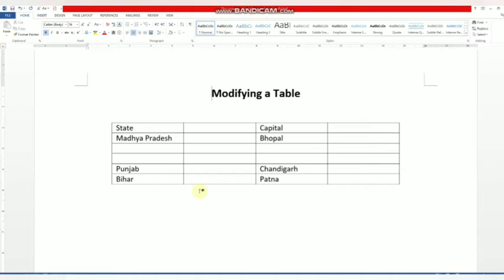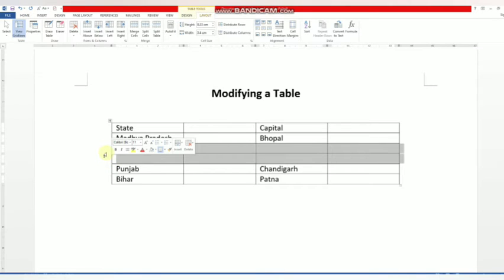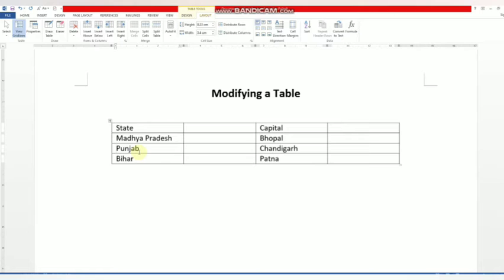And then delete. How to delete column and row? If I want to delete again this unwanted rows and column which I have inserted now only. So if you want to delete these two rows, then select these two rows. Then in the layout option, table option, you can delete from the right click also, and you can delete or insert from this layout tab also. So here delete, we want to delete rows, so select delete rows. You can see the rows are deleted from here.